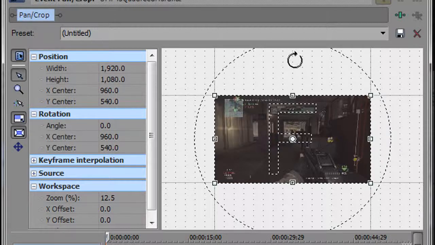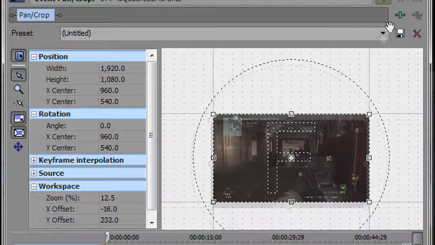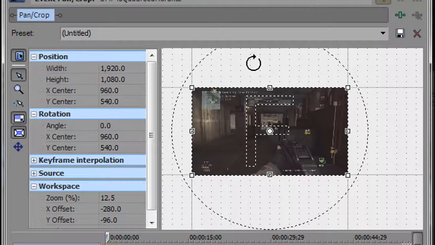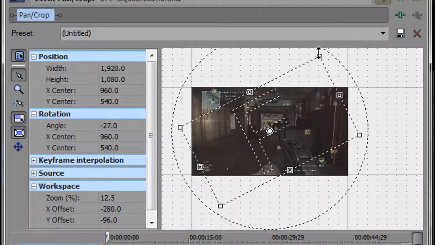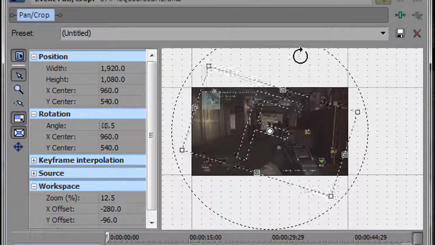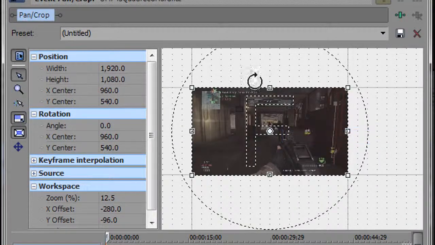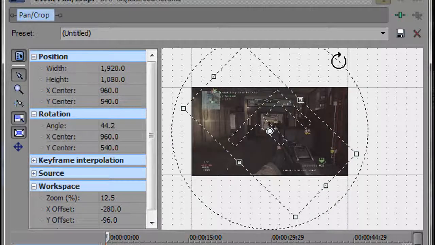But anyway, you also know there's a circle around it. If you're outside the circle in the box, you can drag around and get your angling right around it. If you're inside the circle, then you can actually just rotate the image, however you want. Don't know why you do that though. I mean, there are good reasons, but when you rotate the image, it'll have these black spots. You want to